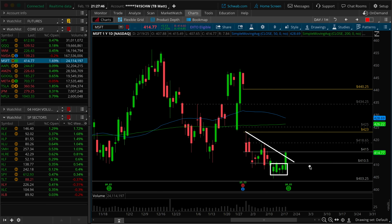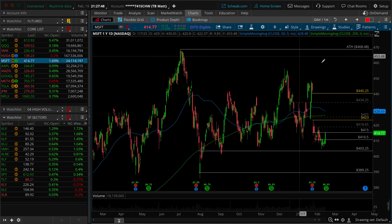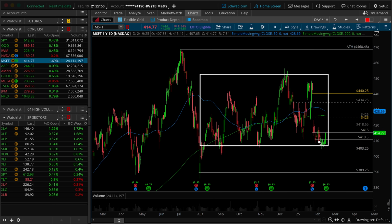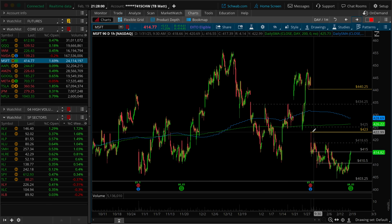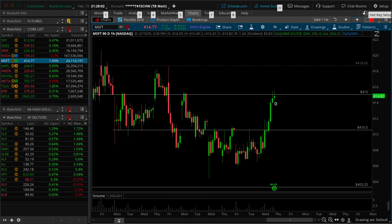I still don't love Microsoft on the daily. This lack of trend is still just very, very apparent. I think maybe with a catalyst, we could start thinking about exploiting ranges along these lines. It's a matter of where's the entry now. If you take a look at the hourly time frame chart, I would tend to think that a Brigade bolt here might be worth entertaining,